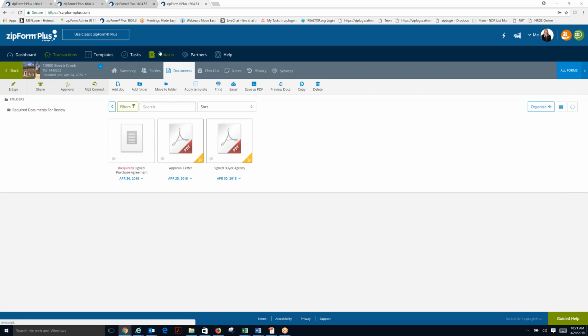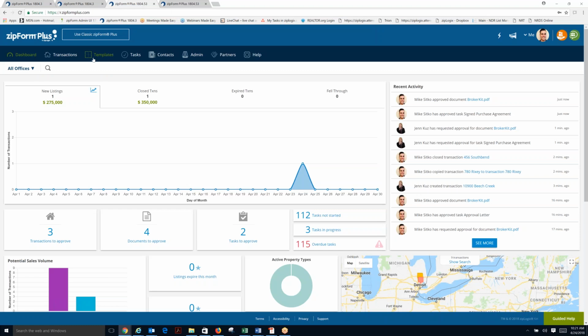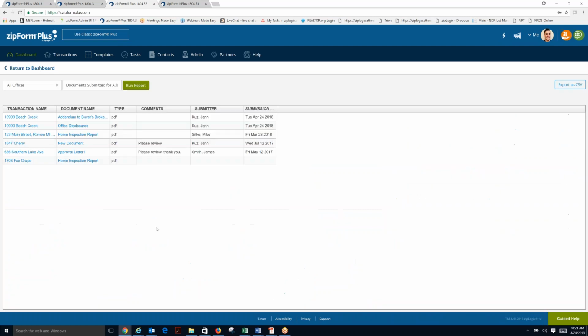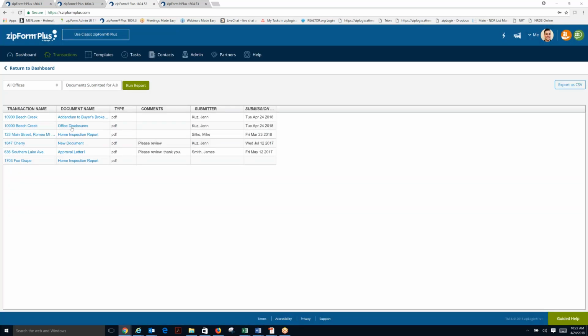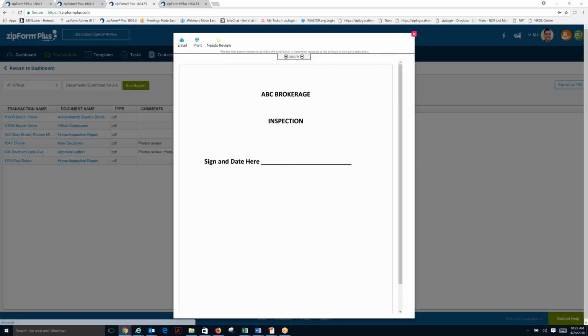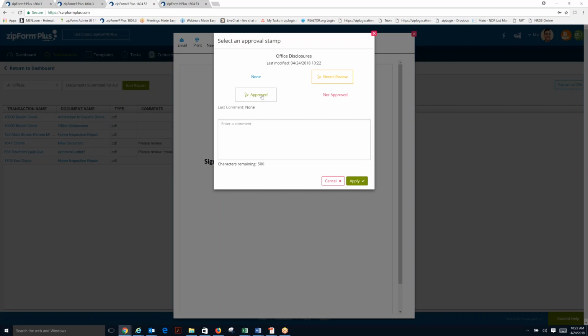So back in Location Admin Account, you'll go ahead and see what we have the option to do. So you'll be emailed once you're emailed. You're also going to see the recent activity. Here you have your documents to approve. Okay, so they're coming in for this transaction. These are the two documents that you're being asked to review. And all you have to do now is simply go ahead and click on it. Review the document. Once you approve it,